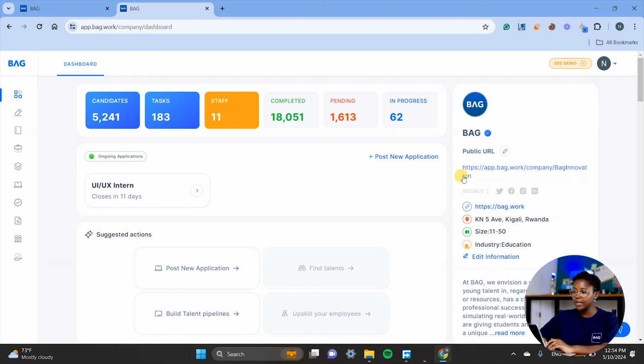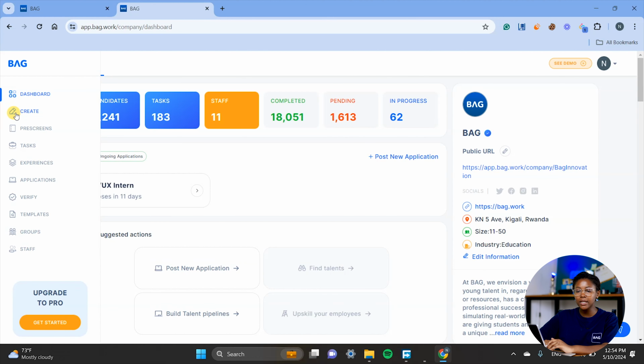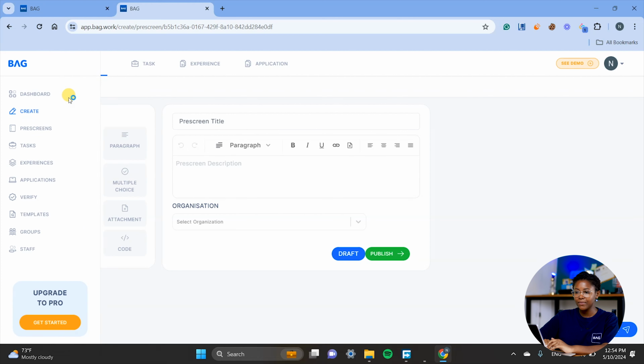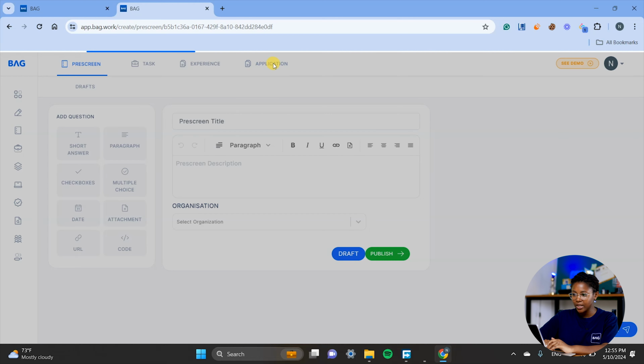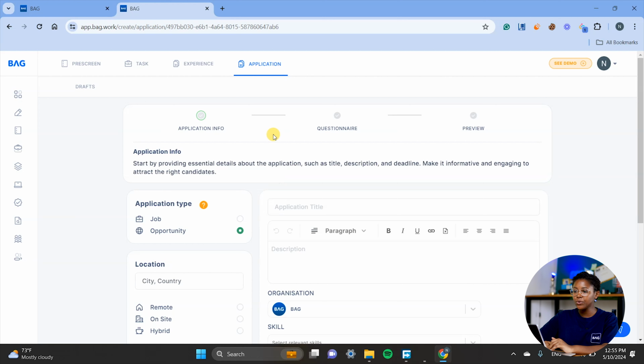If you want to post a job, you have two different ways to do it. On the company dashboard, you can click Post New Applications, or you can go on the menu and click Create. And then you need to head over to Application. Once you get on this page, you will see all the information you need to submit to be able to